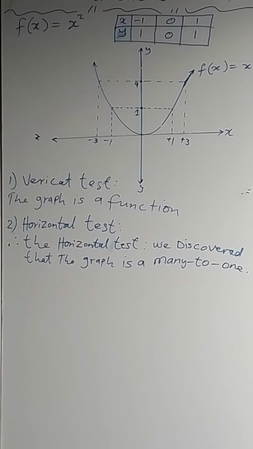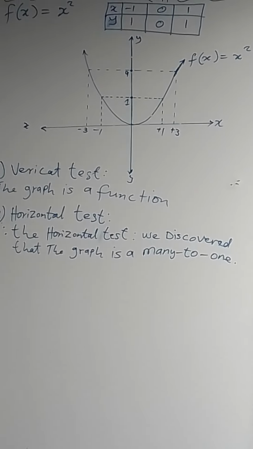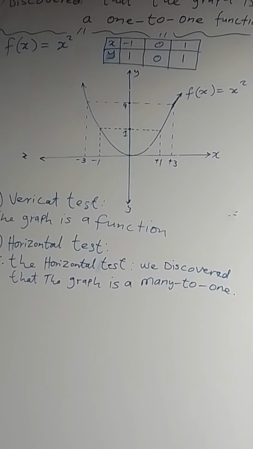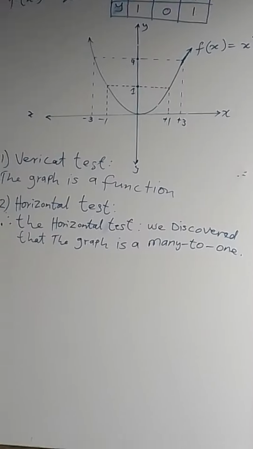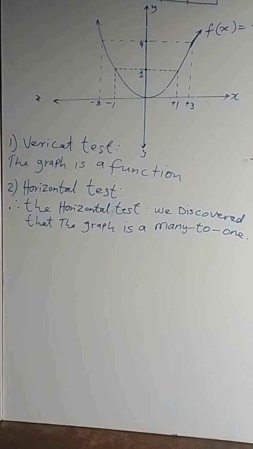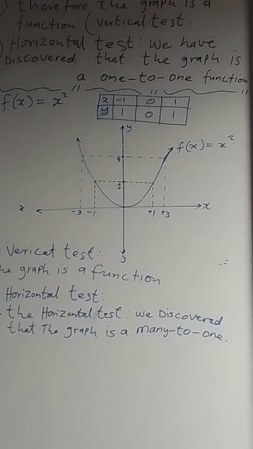Now let's go for the last part of the puzzle, whereby we find that it is not a function. How do we discover that a function is not a function? By the same way, the same horizontal test,